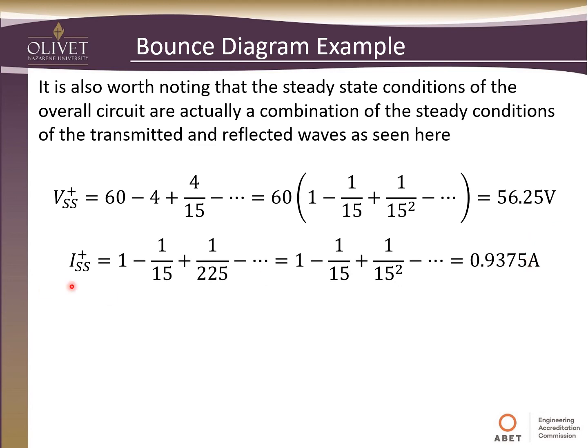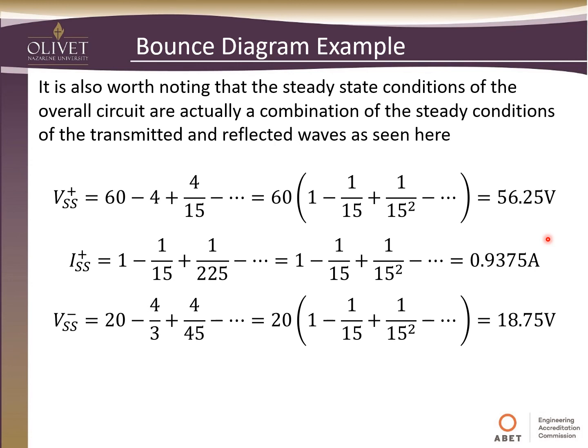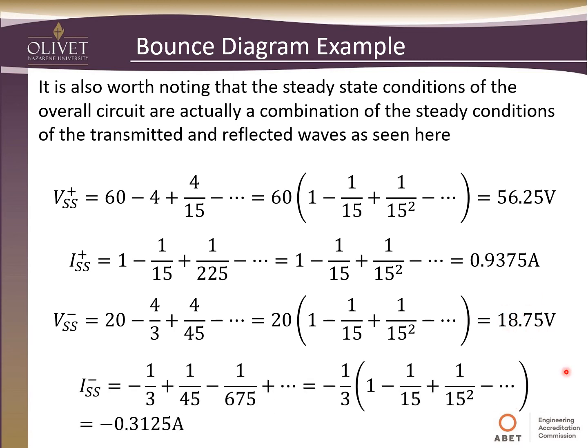Again, our current steady state is 1 minus 1 over 15 plus 1 over 225, and so on, same thing, 0.9375. And then this is the steady state transmitted. This is the steady state reflected. So you'll have your 20 volts minus 4 over 3 plus 4 over 45, and so on and so forth. So our total reflected steady state is 18.75. And then finally, our steady state reflected current, again the minus signs, negative 1/3 plus 1 over 45, and so on and so forth, until we get to this minus